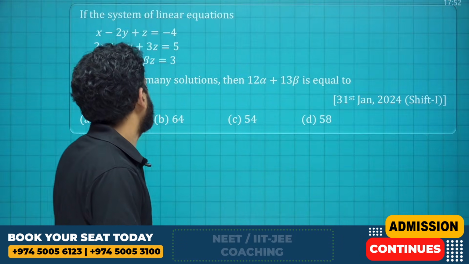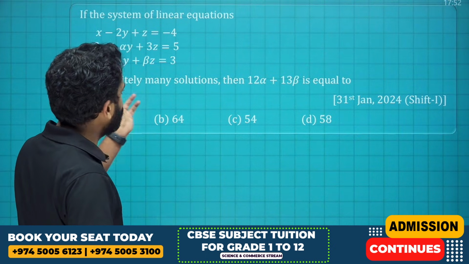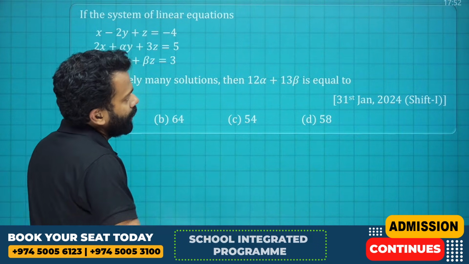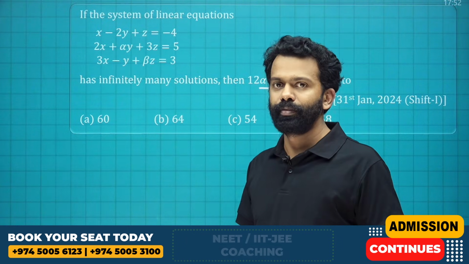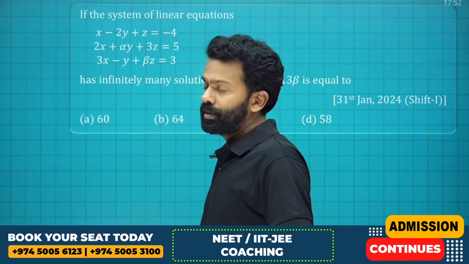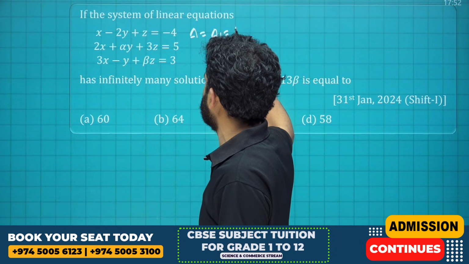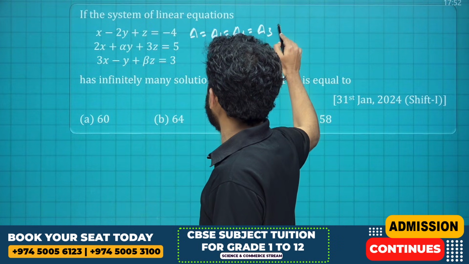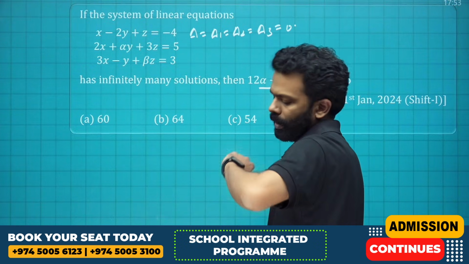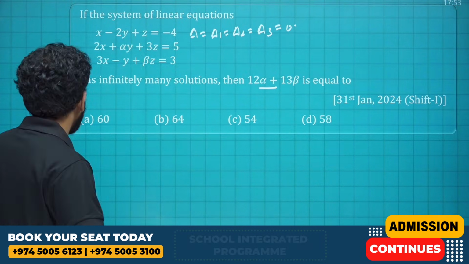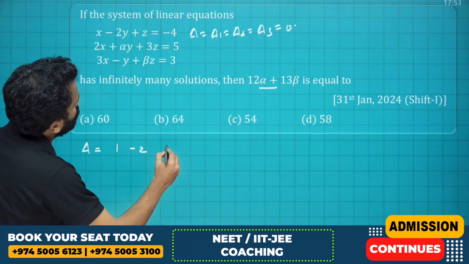Next one. The very first question. If the system of linear equations, which is non-homogeneous, has infinitely many solutions, then you have to find the value of 12 alpha plus 3 beta. And how will you find the value of 12 alpha plus 3 beta? See, if the system of equations has an infinite number of solutions, then we know that delta is equal to delta 1 is equal to delta 2 is equal to delta 3 is equal to 0. And using this property, we need to find alpha and beta. So let's form delta first. So what is delta? Delta is equal to